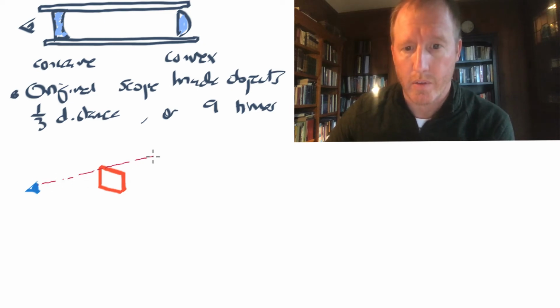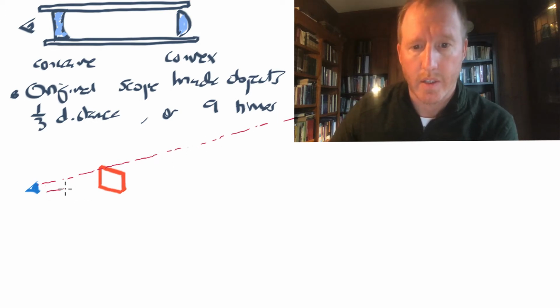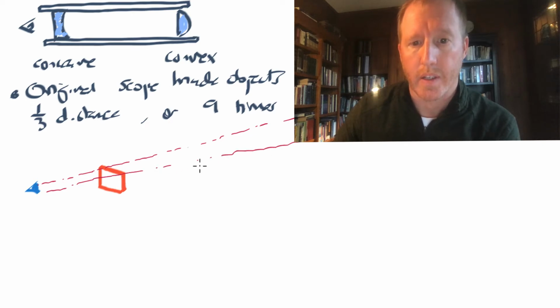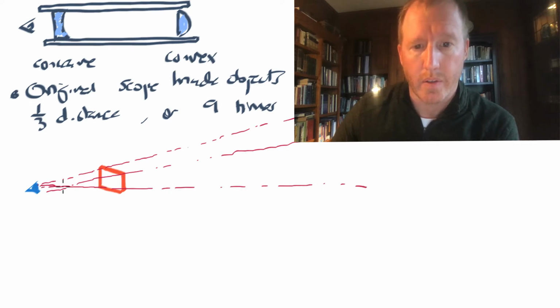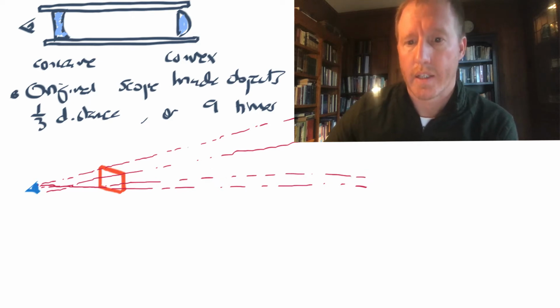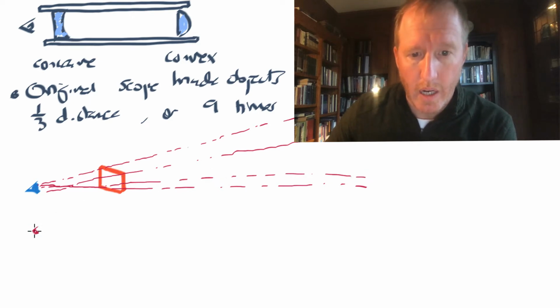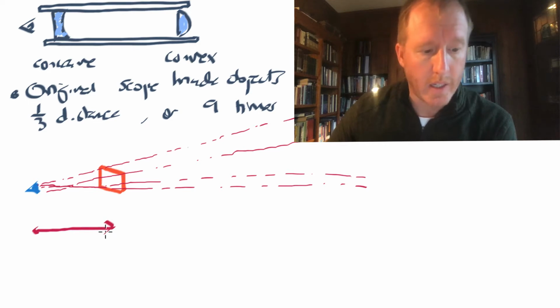One like that, and another one like that, and another one going through that corner, and another one going through the other corner like that. Okay, and let's suppose that this object that you're viewing is some distance d away from you,